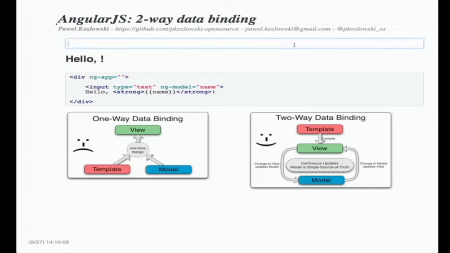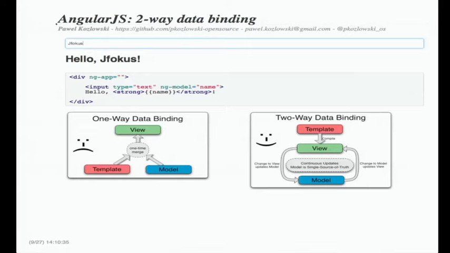is something we call two-way data binding, which basically means that as I type, right here, the things are changing. And what you can see here is the full application. Well, it is not an enormous application, but still, this is the whole code that makes this application live. So what's going on here?